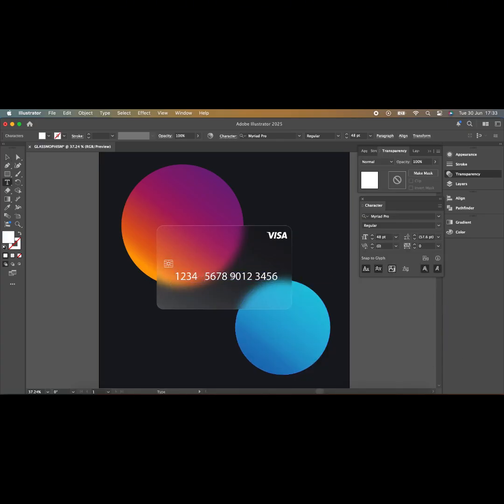So voila, the main purpose of this tutorial is to show you how to do the glass